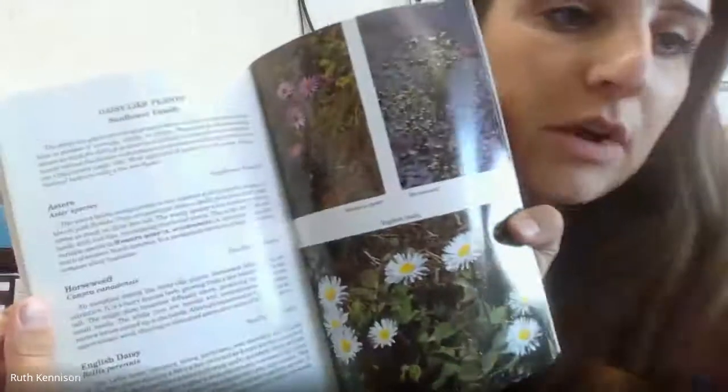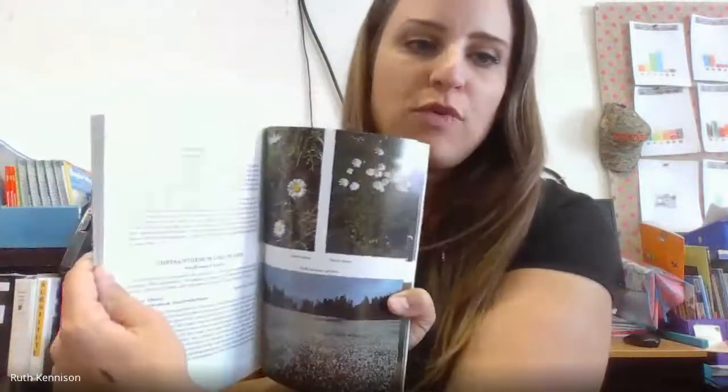West weed book, which is kind of funny because some of the things that you see in this book might look a lot like flowers, but they're still considered weeds. And so I got to thinking, how do we know if a weed or a plant is poisonous or not poisonous to